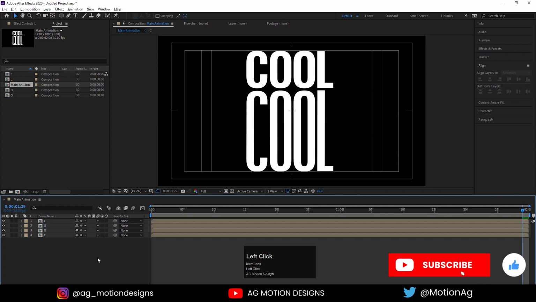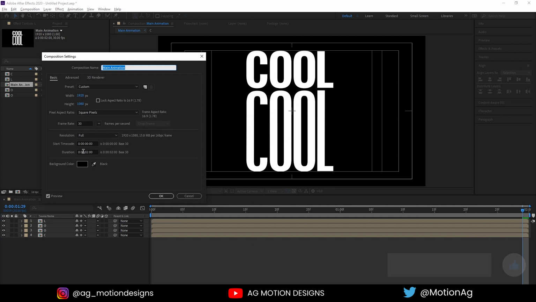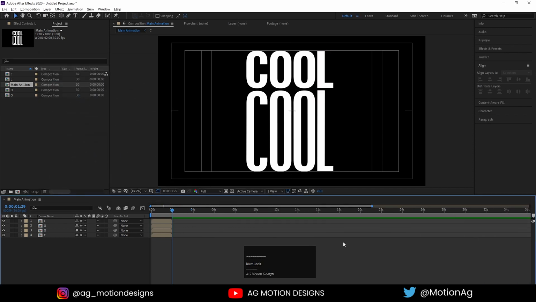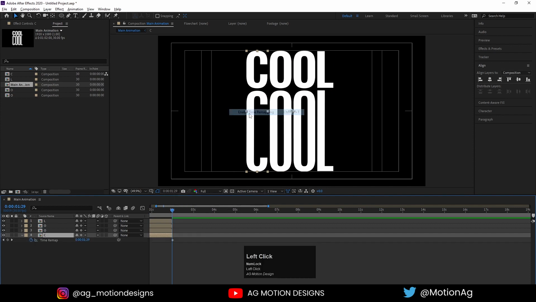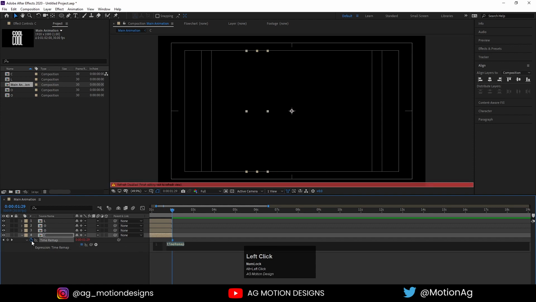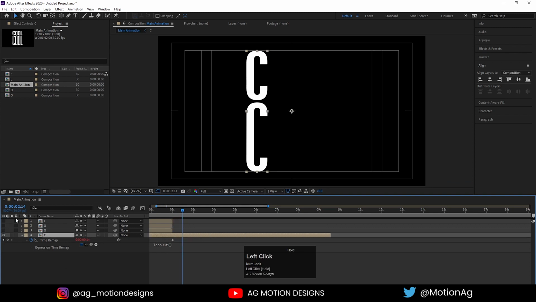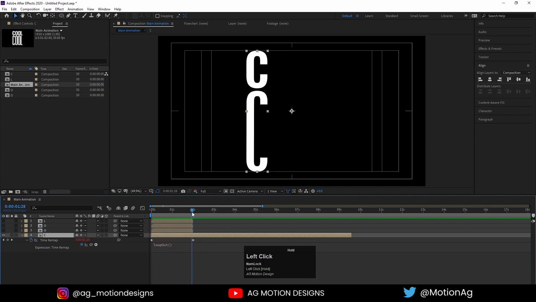just like this. Now after that, press Ctrl K, and because we have reduced the comp duration, I'll make it 1 minute again and zoom out. As we can see, we have this much portion. Now select this C, right click, I'll choose Time and Enable Time Remapping, and after that alt click on the stopwatch. I'll write the loopOut expression over here, just like this, and increase the comp size. I'll hide this one for now. So if we hit play, we'll get this kind of looping animation,